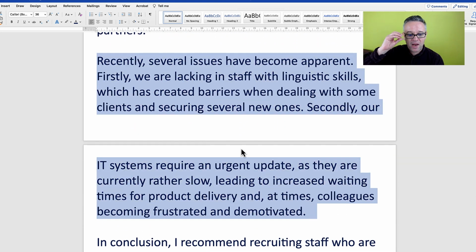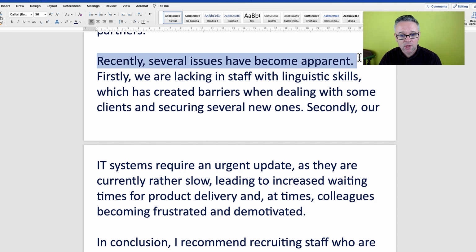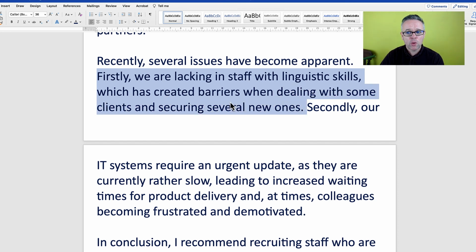Let's look at the next paragraph where I talk about the issues which I faced in this role. Recently, several issues have become apparent. That means I've realised that they exist. Firstly, we are lacking in staff with linguistic skills, which has created barriers when dealing with some clients and securing